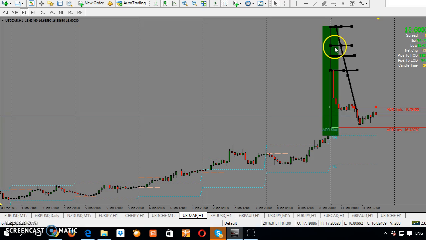Okay, so when you see a move like this, if you're in a trade, for example, if you were buying here, get out when you see that big jump there. Don't even ask questions. You're done for the day, you're done for the month, whatever. Get out, close your money, bank your money, because it's highly likely to come back.